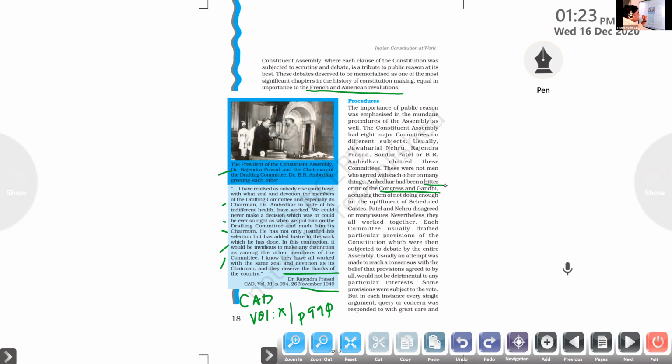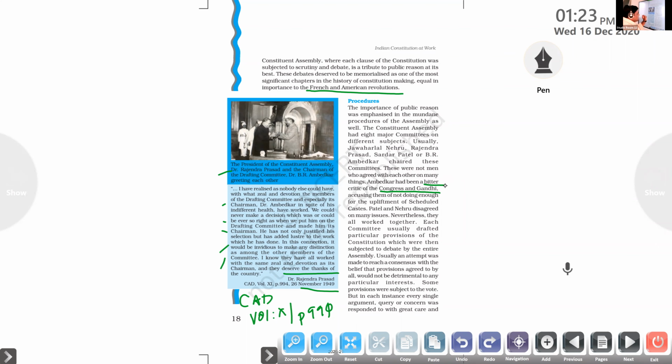Okay, that's why Dr. B.R. Ambedkar turned as a critic of the Congress Party and Mahatma Gandhi at that time. Okay, Patel, Sardar Vallabhbhai Patel. So Patel and Nehru disagreed on many issues. Nevertheless, they all worked together. Jawaharlal Nehru and Patel also disagreed with a number of provisions, but they worked together for completing